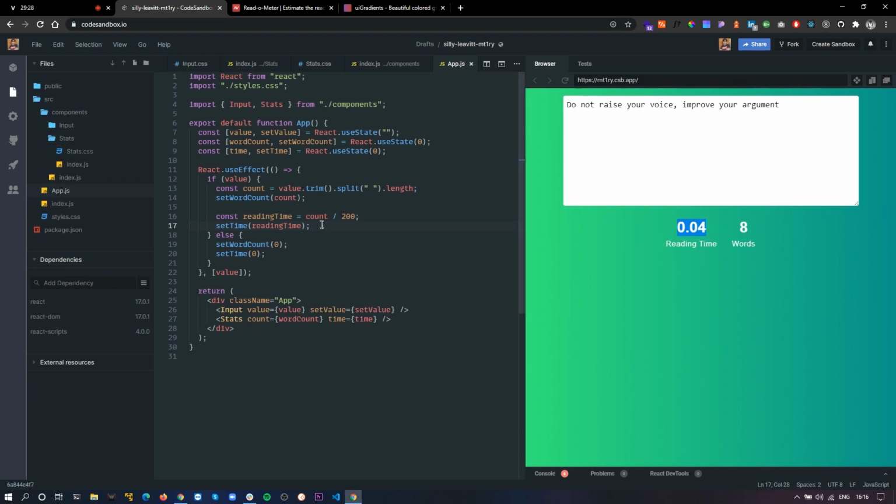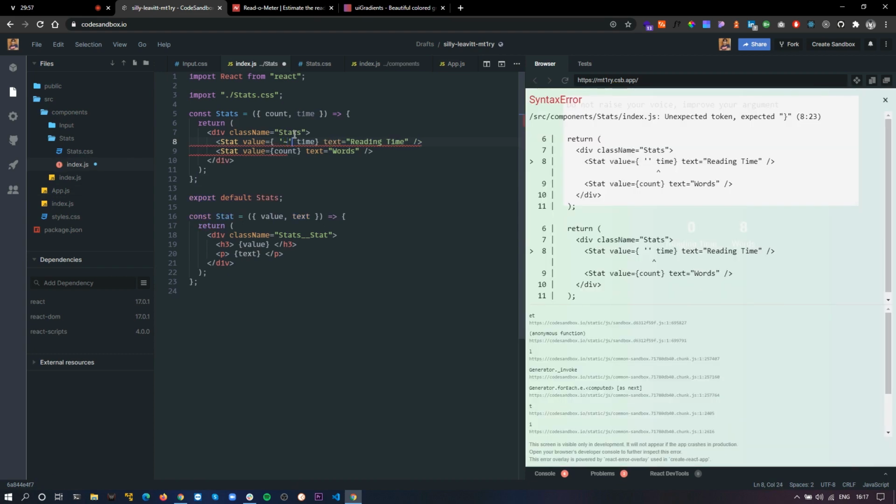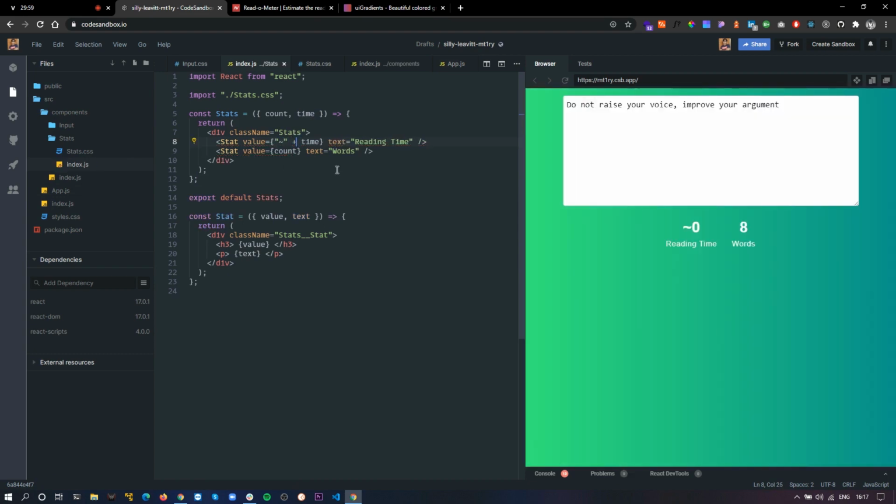So I'll just round this value, Math.round. Now it's rounded, and if the value is not exact, I'll just add a delay right here, so the users know that it's approximate, it's not exact.